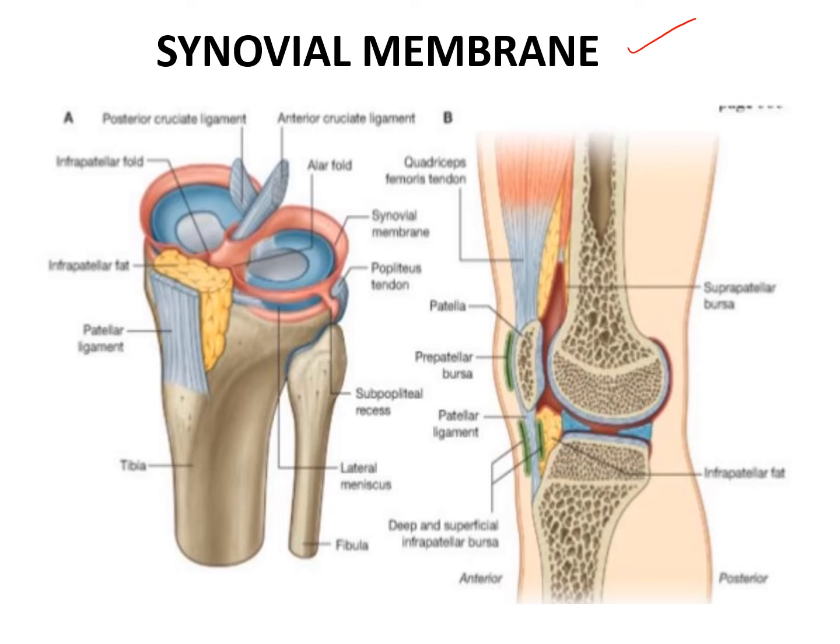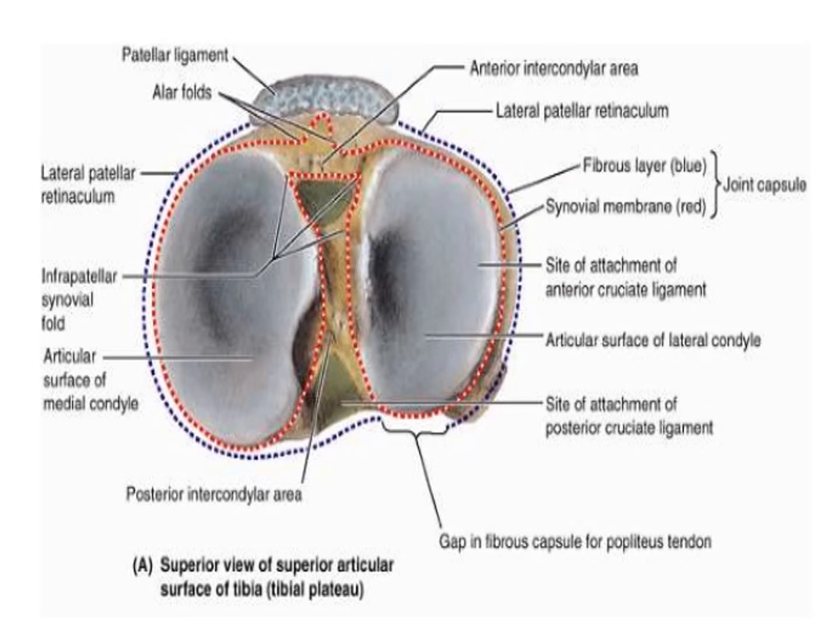Next we have the synovial membrane. As you all know, the synovial membrane will line the inner aspect of the capsule except the articular surfaces covered by hyaline cartilage. So except that, it surrounds the inner aspect of the capsule of the knee joint. Now there is an MCQ question which is frequently asked. You can see here the blue dotted line is the capsular ligament. The red dotted line is the synovial membrane.